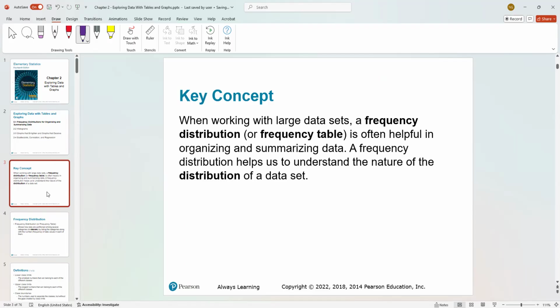What we need to see here is that anytime you have a data set, you're going to have a frequency distribution. If you have a data set with a lot of numbers, we're going to see how often each data value is repeated. What is the frequency? What is the tally? You need to count how many times each data value is repeated, and then you're going to display it